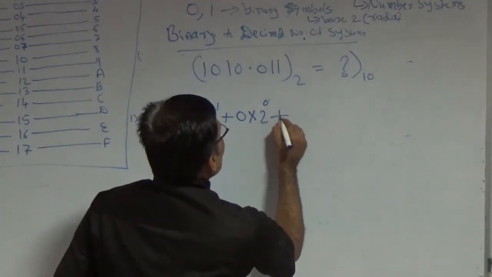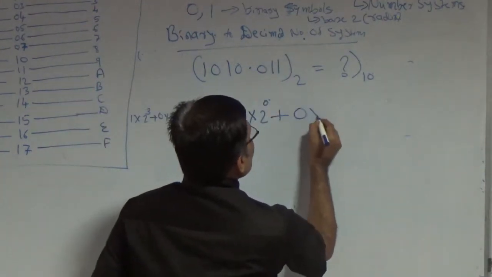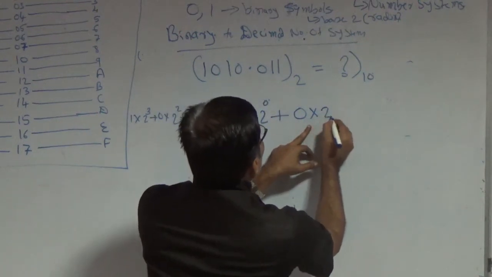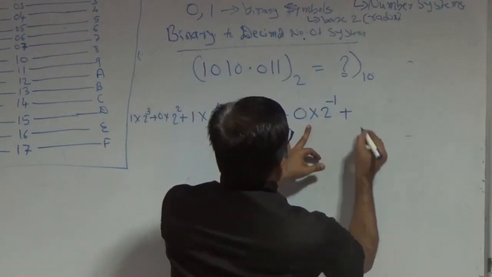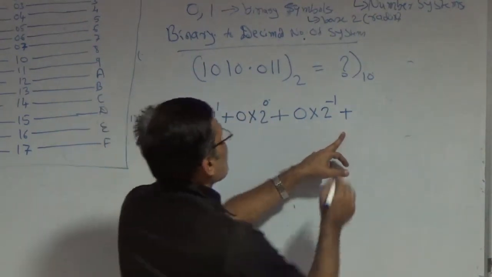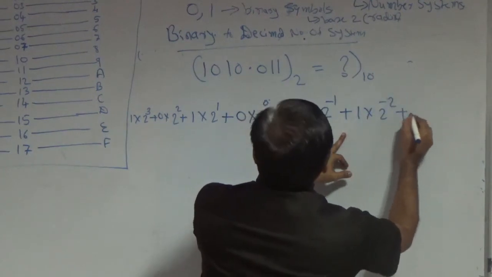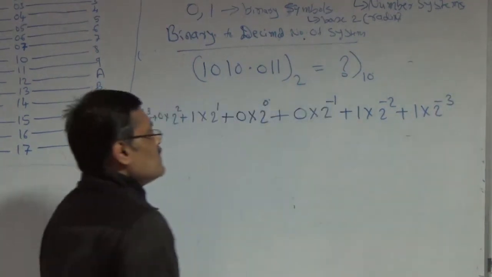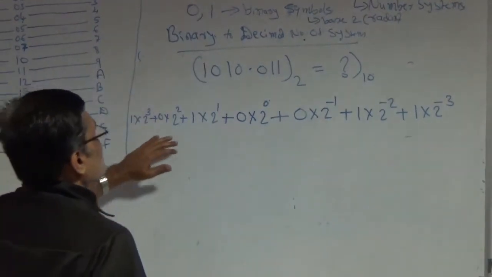So for the fractional part, first number is 0 into 2 raised to minus 1. Okay, it is a fractional part. The same rules that are applied for decimal are applied here for binary. 1 into 2 raised to minus 2 and one more digit is 1 into 2 raised to minus 3. Okay, so express the given number as the sum of